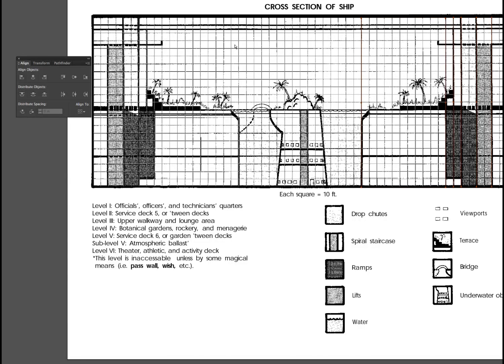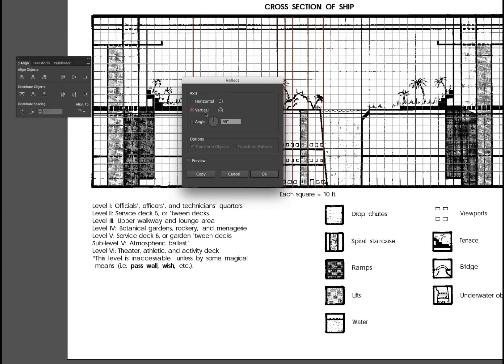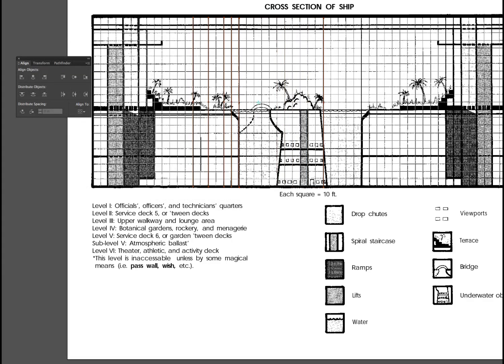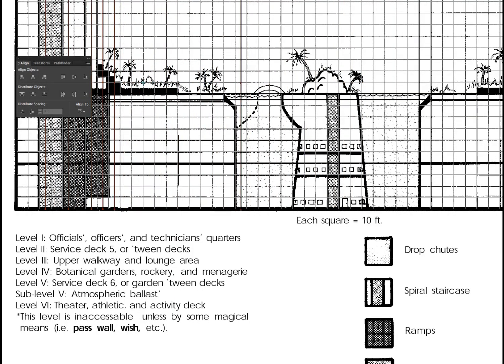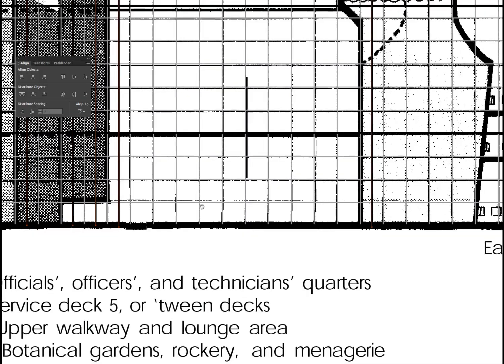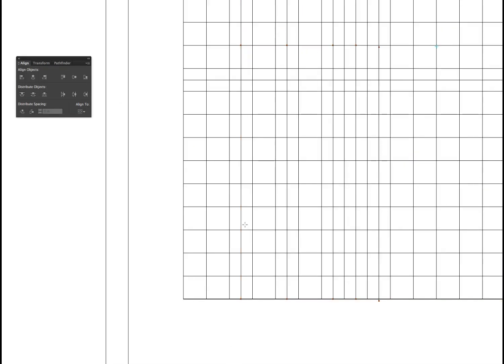Now the ship is supposed to be symmetrical because it's a circle, right? And so I'm just going to copy all of these lines, and then I'm going to mirror them on a vertical axis. And now I should be able to place them, and they will all line up where they should go, assuming the drawing